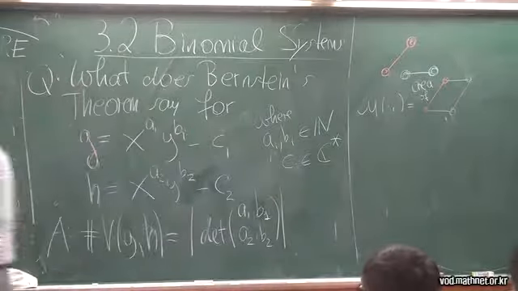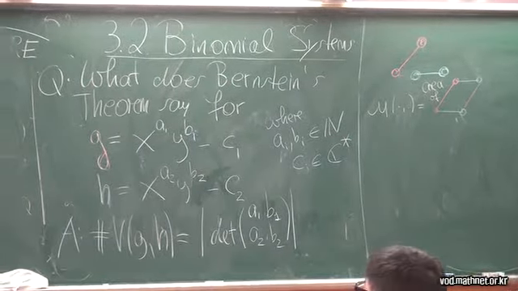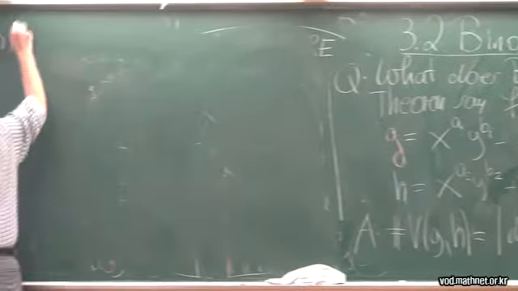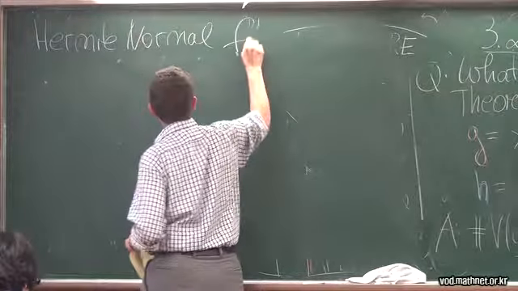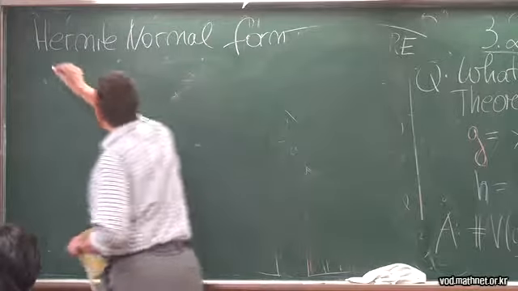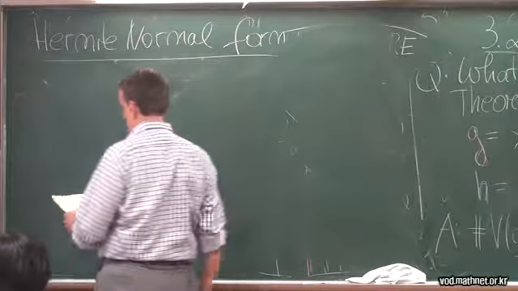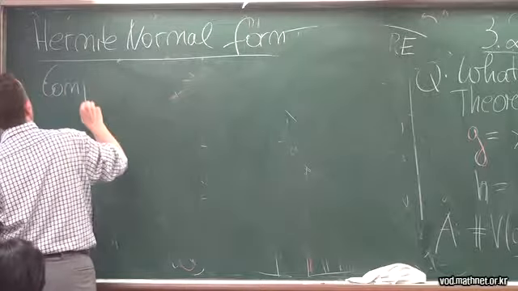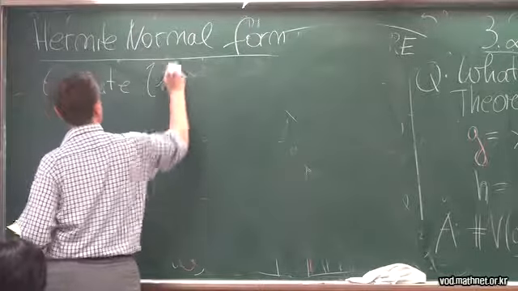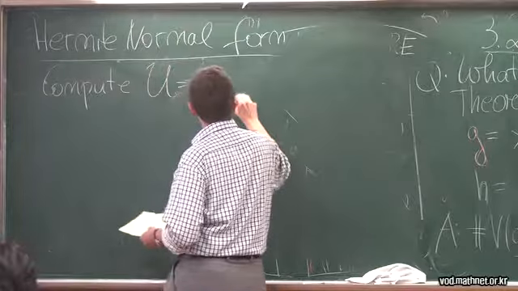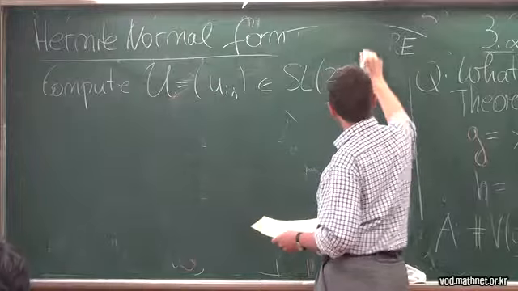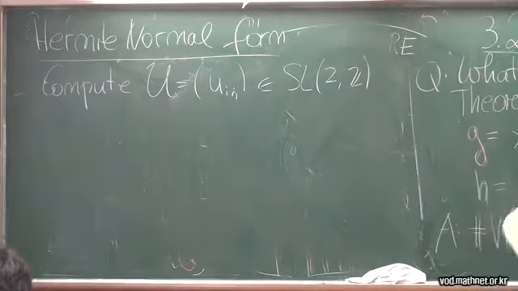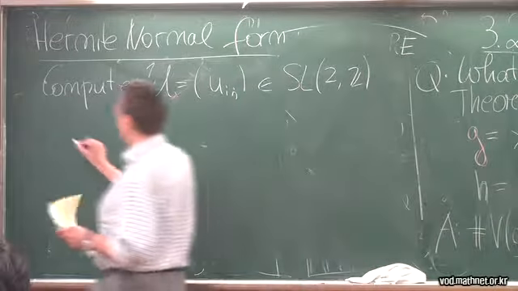So how does the binomial subroutine work? Well, we need to do a little bit of integer linear algebra. So, for example, we can use the Hermite normal form from integer linear algebra. In that, we compute an invertible matrix U_ij, which is an invertible 2 by 2 integer matrix. So it's an integer matrix with determinant +1 or -1, such that